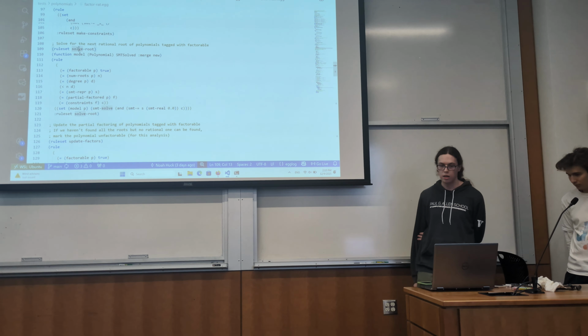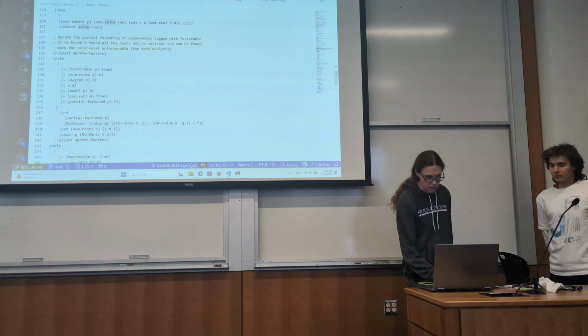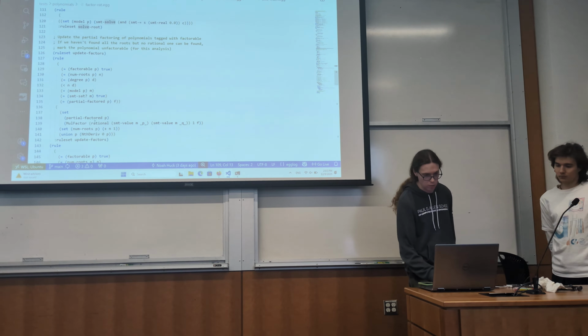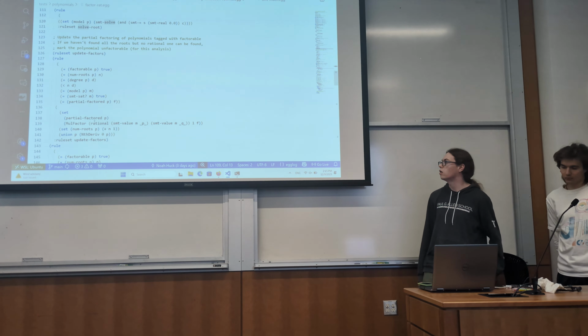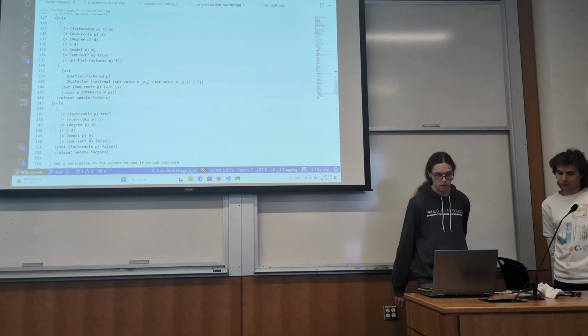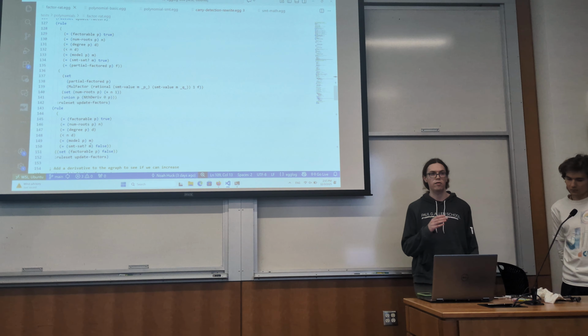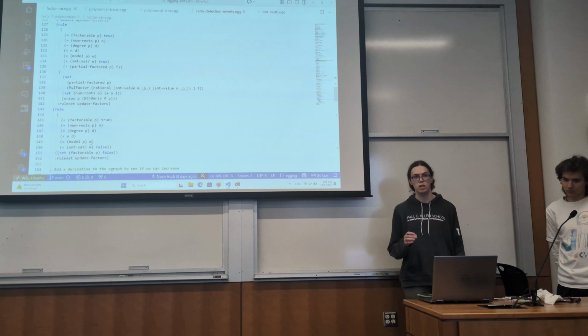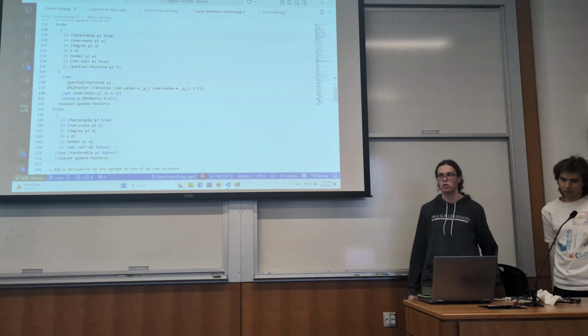And then once we find those, we put them into a model, and we can then extract from that model to update the current factorization of the polynomial. And if it turns out that the model was not satisfiable, then if we have not found a number of roots equal to the degree of the polynomial,